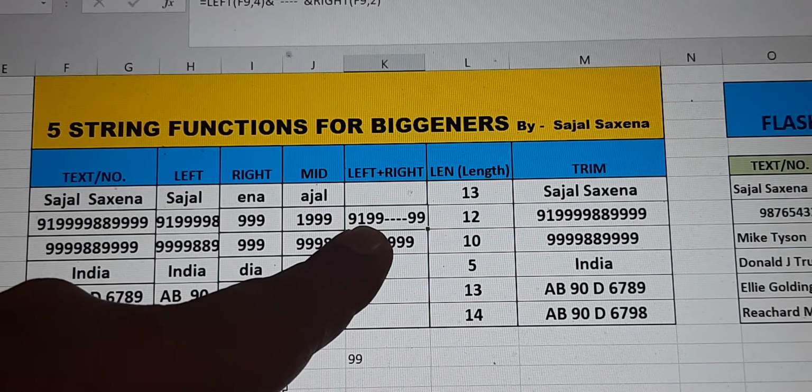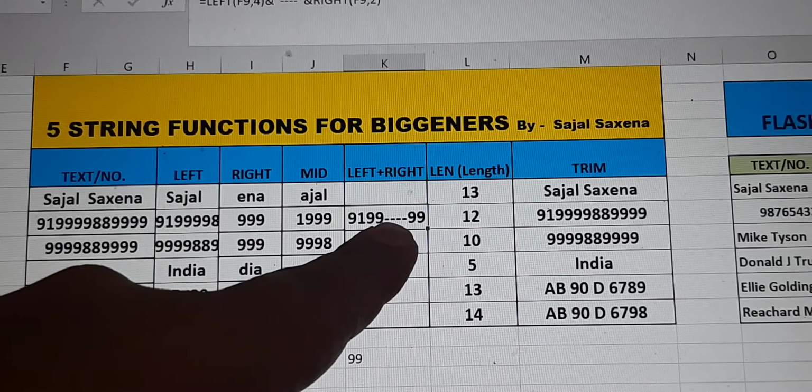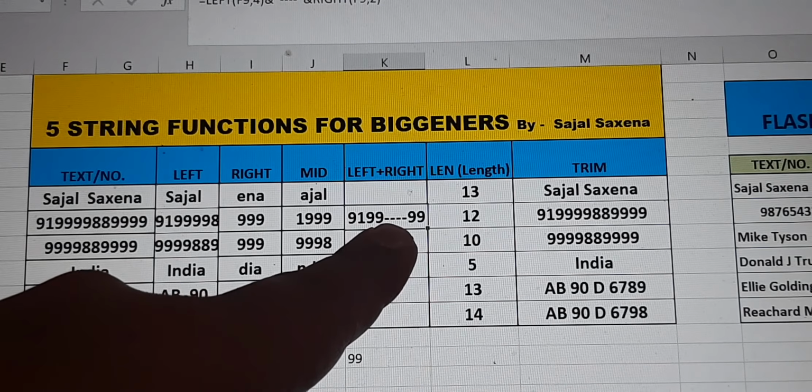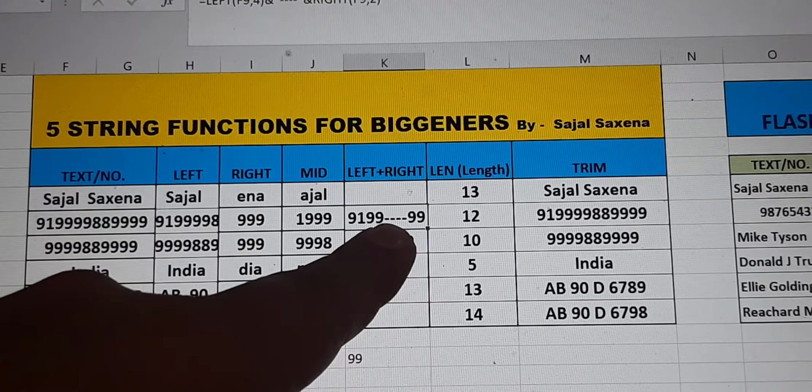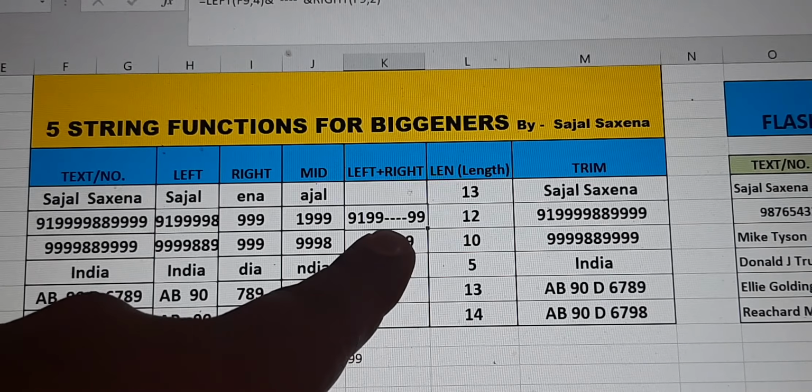Then bracket close, put and sign, followed by double quotes or inverted commas, and then I have used hyphen sign 4 times. You can use asterisk, you can use underscore, whatever you want, but you have to type in as many times as you want.